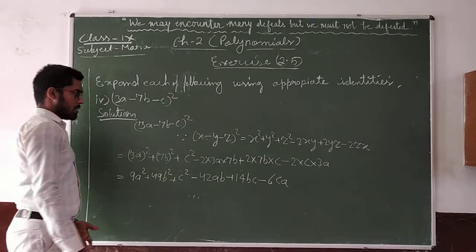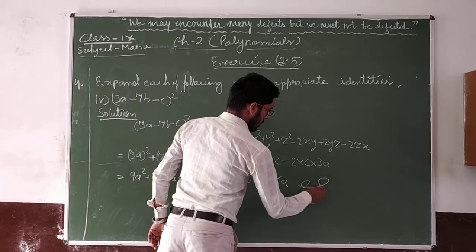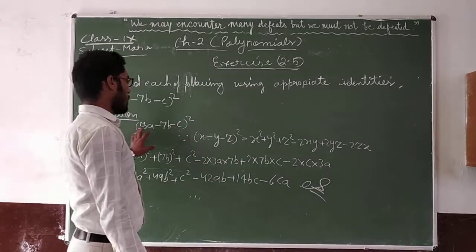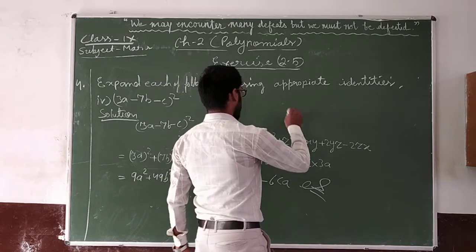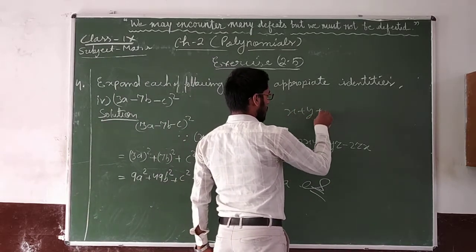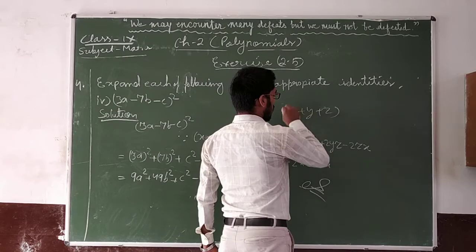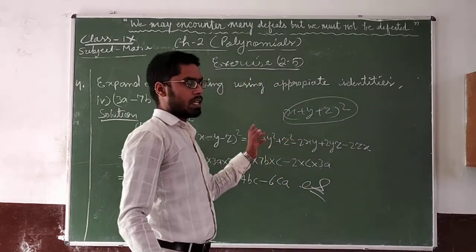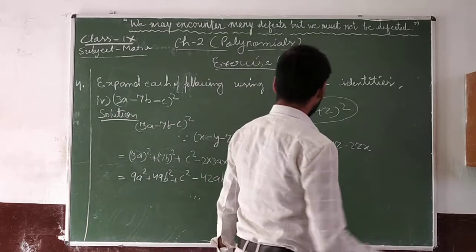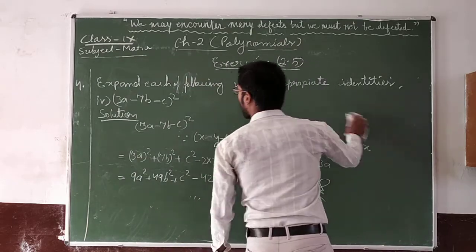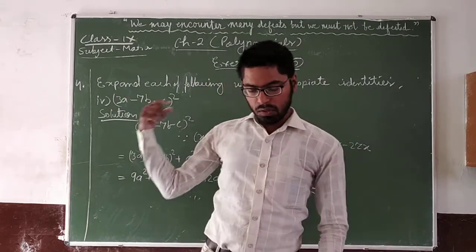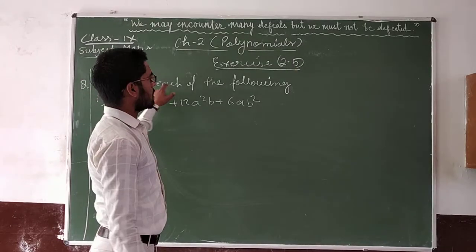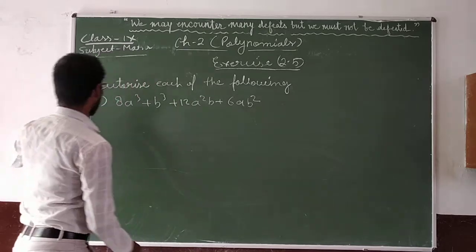Okay, that is the explanation of this question. That is your answer. So all the parts are solved with the help of your original identity, x plus y plus z to the whole square. With the help of this identity, you will generate your identity according to the question and solve them. Okay, let us solve the next question. Next question number 8: factorize each of the following. I have taken part number 1.